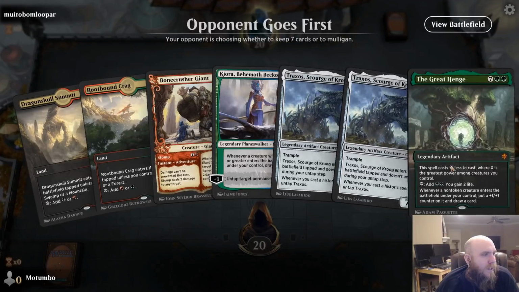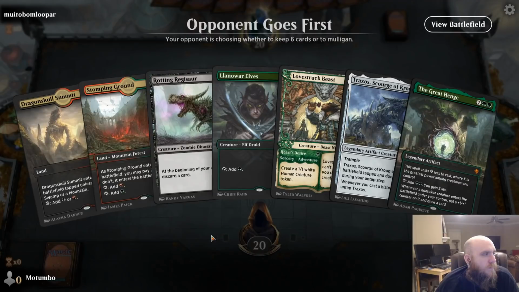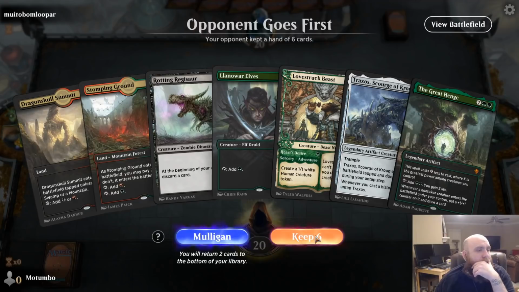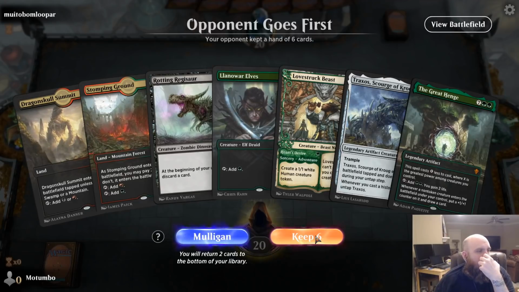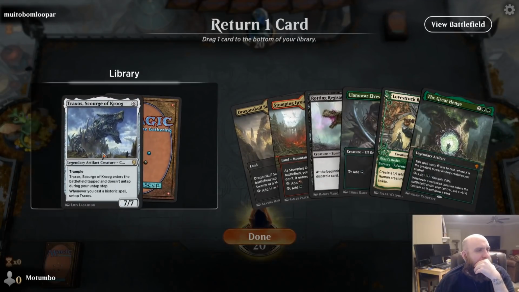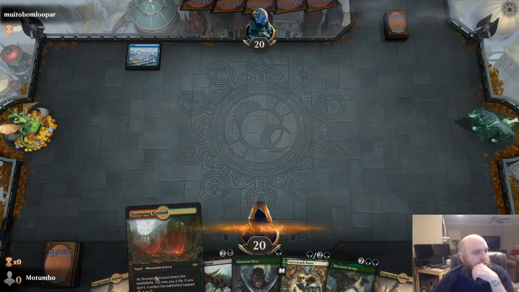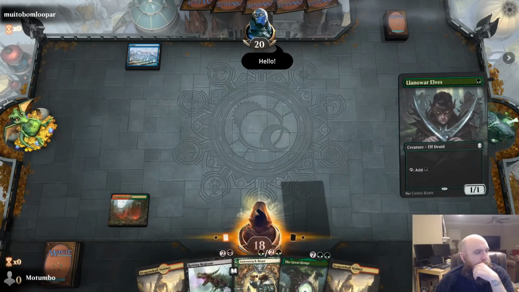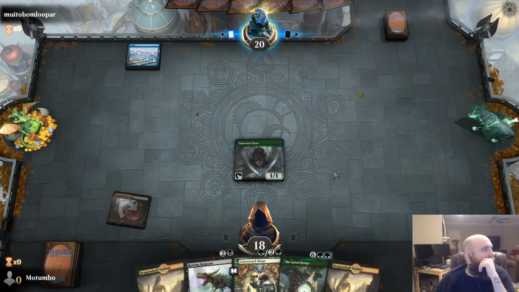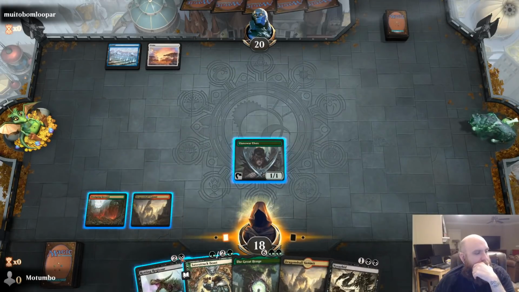Well, this is a hand we are going to be shipping back. I mean, we're going to keep this, so we're going to put back Traxos? I think so. They're playing blue. Well, hello. Blue-white, huh? Well,